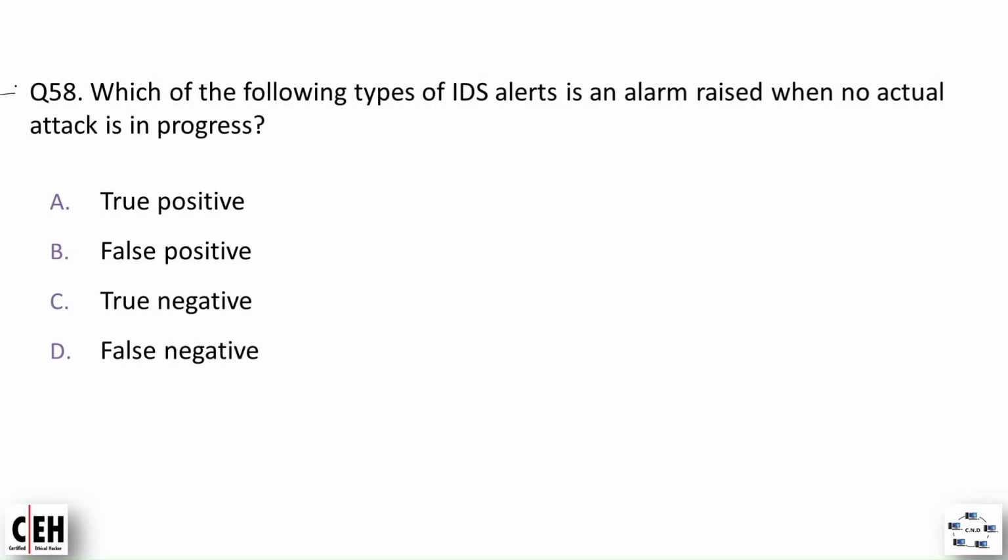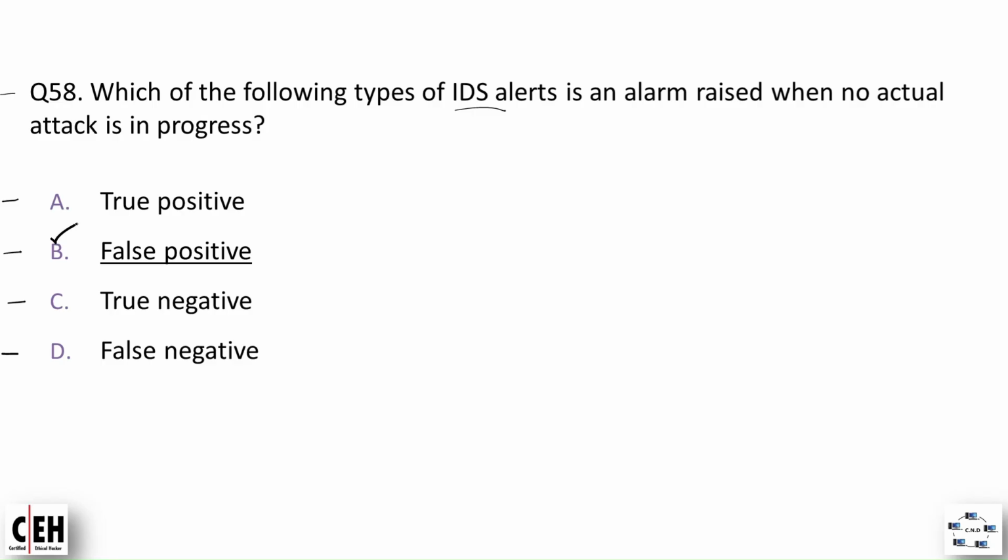Question number 58. Which of the following types of IDS alerts, that is intrusion detection system alerts, is an alarm raised when no actual attack is in progress? Option A, true positive. Option B, false positive. Option C, true negative. And option D, false negative. And the correct option is